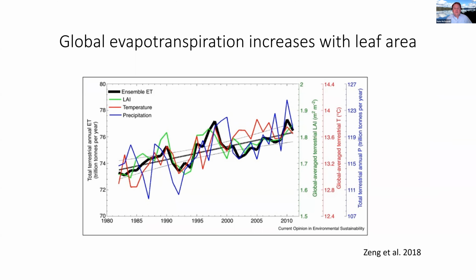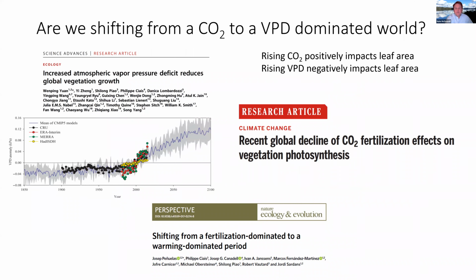Regardless, global evapotranspiration, we think, goes up with leaf area. Here you can see total ET is the black line and LAI is the green line. And I think those are the 2 lines we want to mostly focus on. Basically, as leaf area goes up, we do expect higher ET. Now, I alluded to this earlier that there might be a flattening in the LAI anomalies over time. These are 3 recent papers that all suggest that indeed,